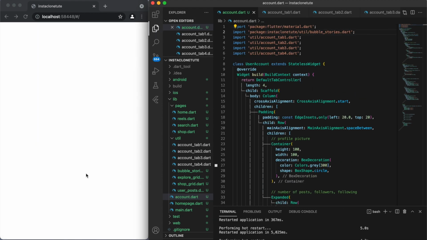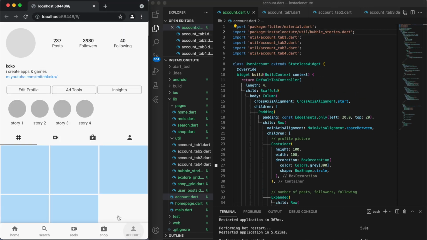Okay, let's see how this looks. So hopefully the functionality works, and it does. We can click around and there it is. Now obviously there's a lot of room for improvement here. Like there's a lot of things we could polish up. Like I said, the first thing is the icons. You could change the icons to make it more fancy. And the other thing is, especially if you're a beginner and you made a UI like this,